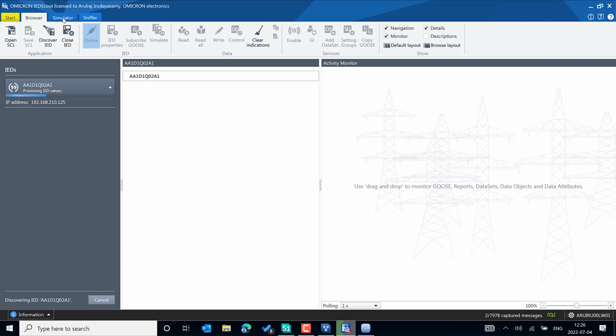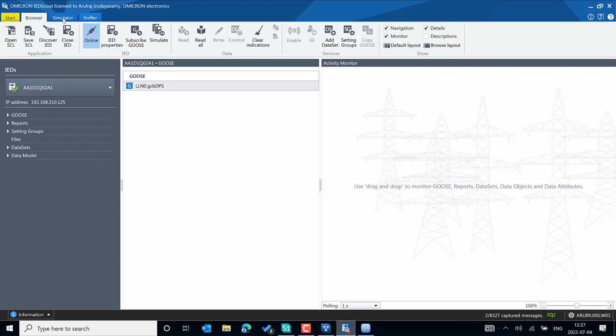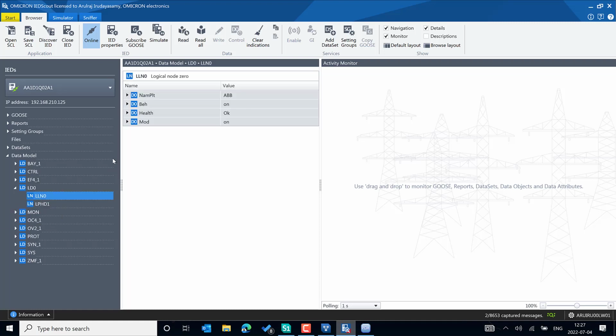So you can simulate an IED, both MMS server can be simulated, also the GOOSE control block as a GOOSE publisher, you can simulate from the simulator section, and in the browser section you can use IED code as a 61850 client, just like discovering the IED. You can also import the SCL file and connect, and you can just go to the data model, and there is LLN0, and then there is L,